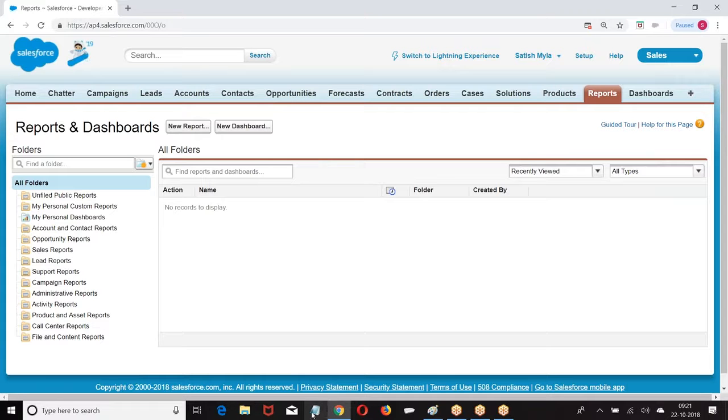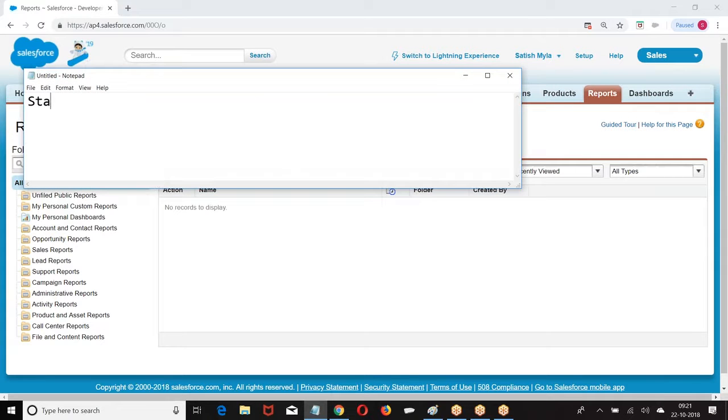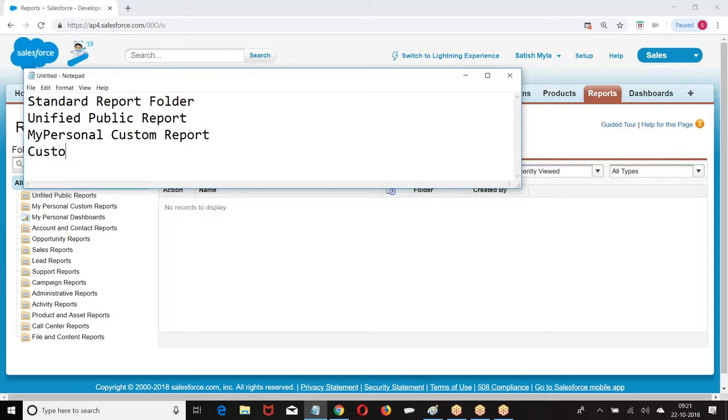How many types of folders do we have? Unified public report folder, my personal custom report folder. These are the 4 types of folders we have.